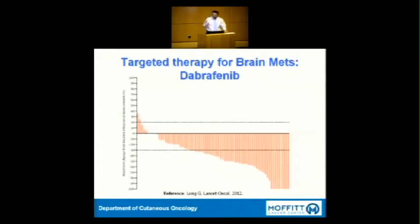And this is to give you a better idea. This is the forest plot. And basically, it's measuring the tumor volume that's in the brain. If you have a negative deflection, that means your disease was shrinking. If you got below that dotted line, we call that a partial response. If you get all the way down here, where you hit 100% regression, that's a complete response. Now, if you have a positive deflection, which is all the way over to the left, that is tumor growth. So as you can see, most patients are going to have some shrinkage in their disease in the brain, which is impressive. There really hasn't been any other drug with a